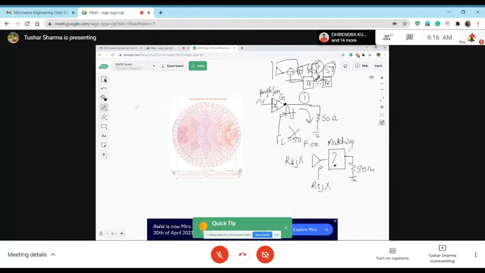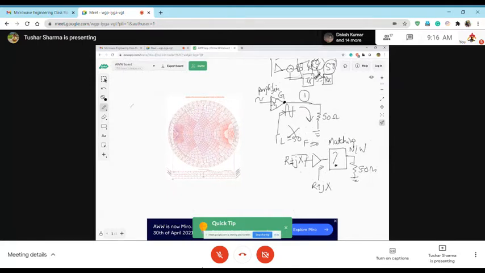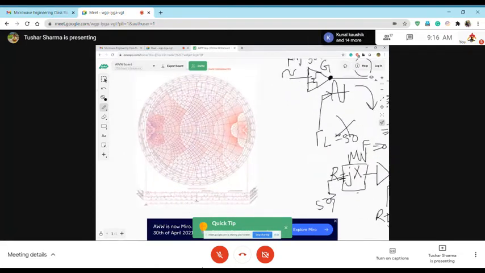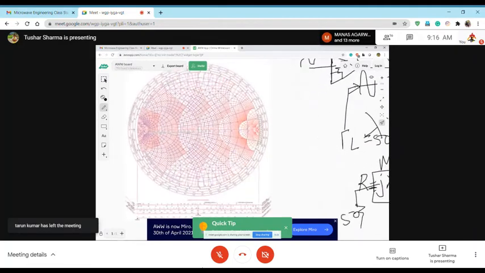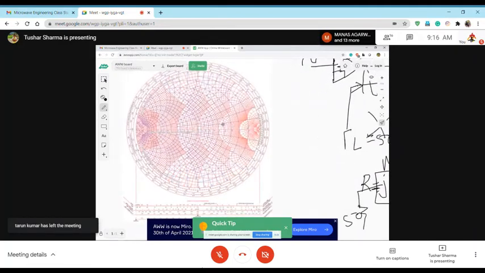You can use it at the output, and you might also need this kind of a box at the input to match it to 50 ohm, because systems are 50 in, 50 out. So now we will try to understand what the different types of matching networks are and how the Smith chart is a tool which helps us synthesize those matching networks. So that's why we're coming back again to the Smith chart.